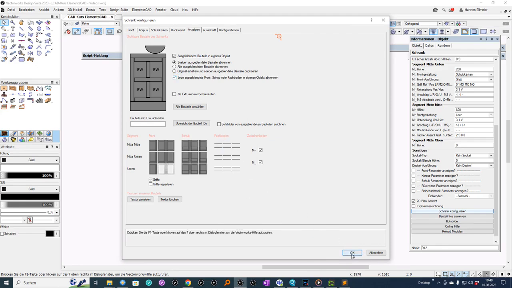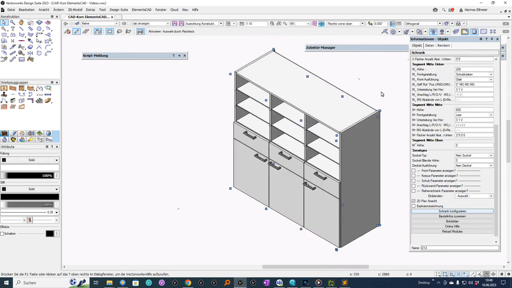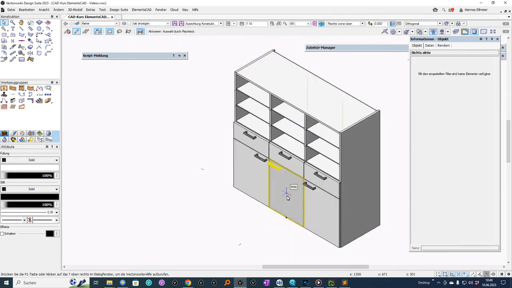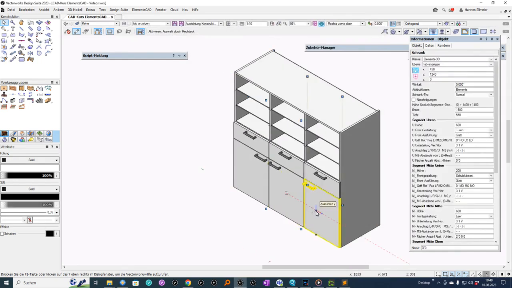I confirm with OK, and now the middle and right door are their own object, that is, each object is a single cabinet. So if I pull this away, you can see, this is actually a cabinet that just has blanked out the rest, and if I now have this door here, then I can quite simply say in the